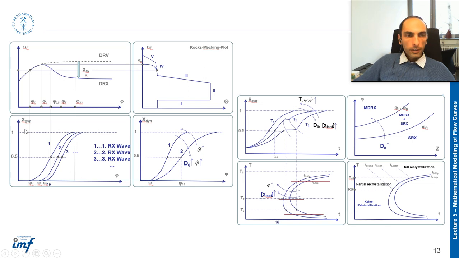If we plot the fraction of dynamic recrystallization versus strain, then you obtain such an S-curve that shows the kinetics of dynamic recrystallization. Usually we model this curve using the Avrami equation, and this first wave,